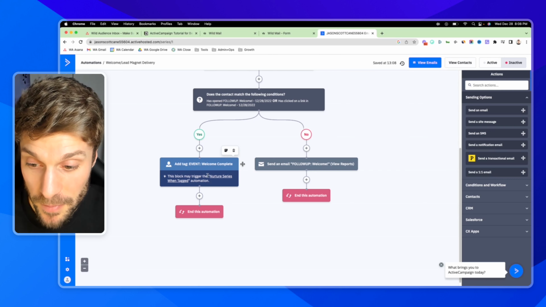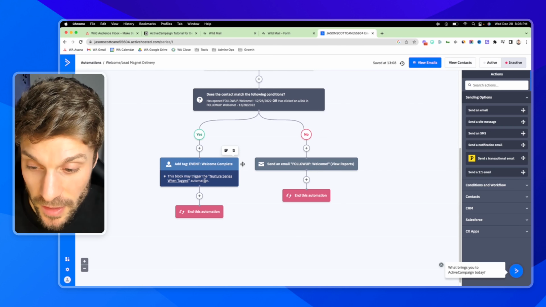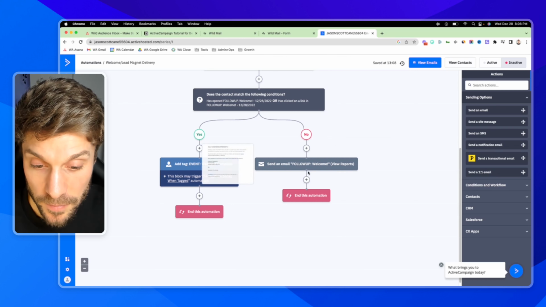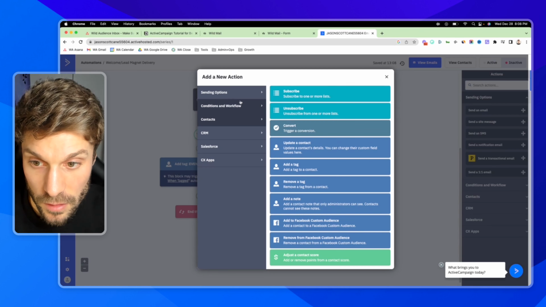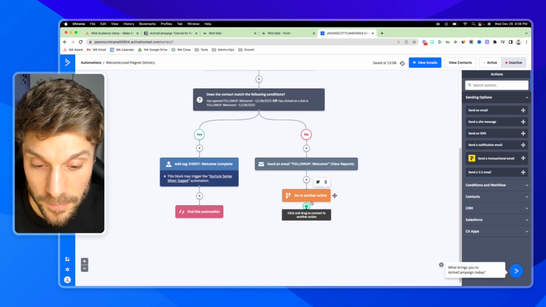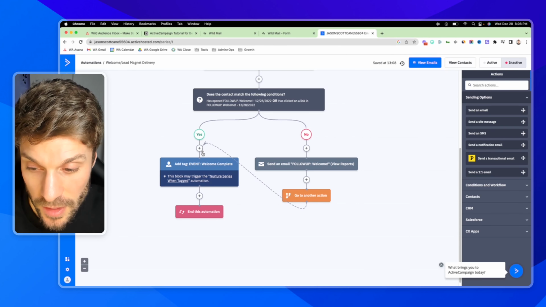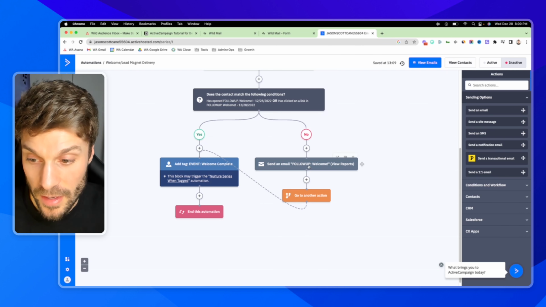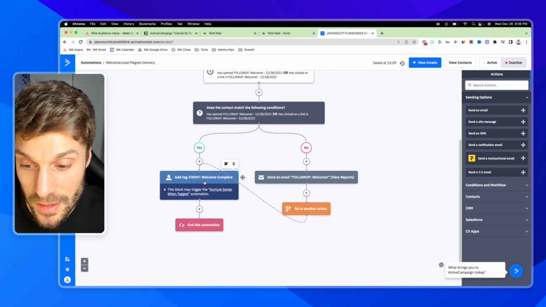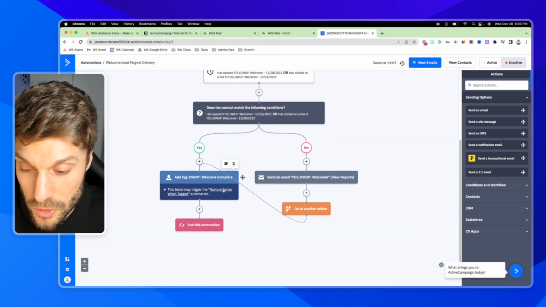You can see here this block may trigger the nurture series when tagged automation. That's what we want. And we want to make sure we trigger it for this one over here as well. So we can actually hit the plus, go to conditions and workflow, and choose the go to another action. Click and drag this to connect it above, adding the tag. And now everyone that finishes this automation is going to get the welcome complete tag, which will trigger the nurture